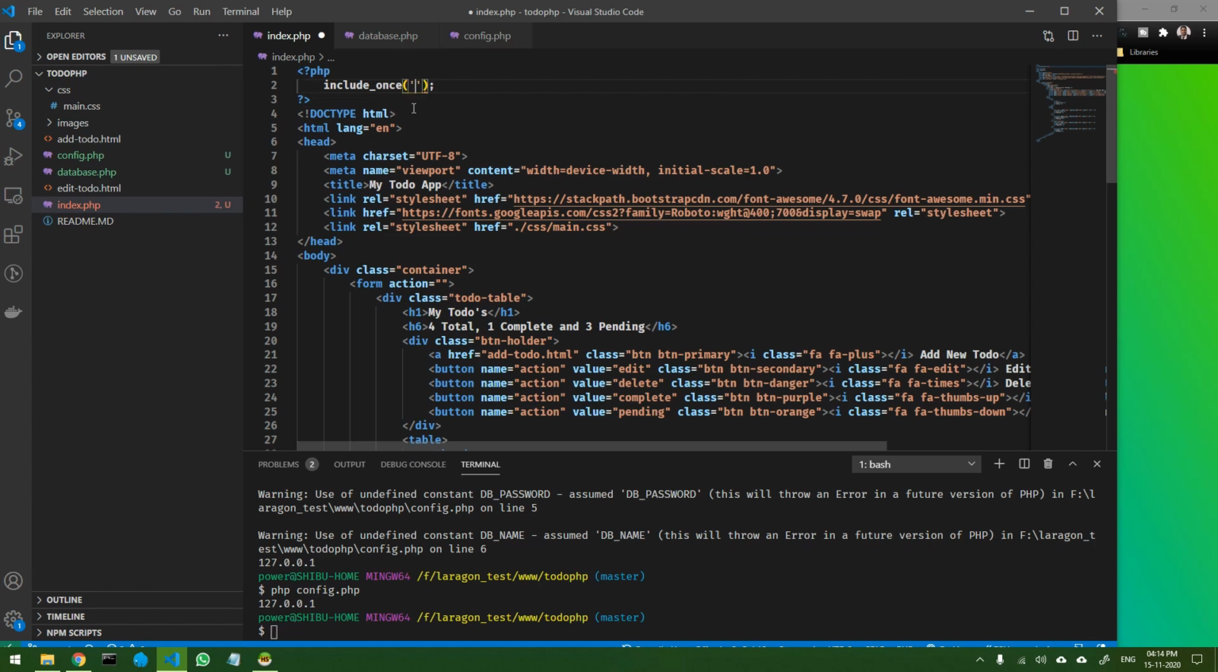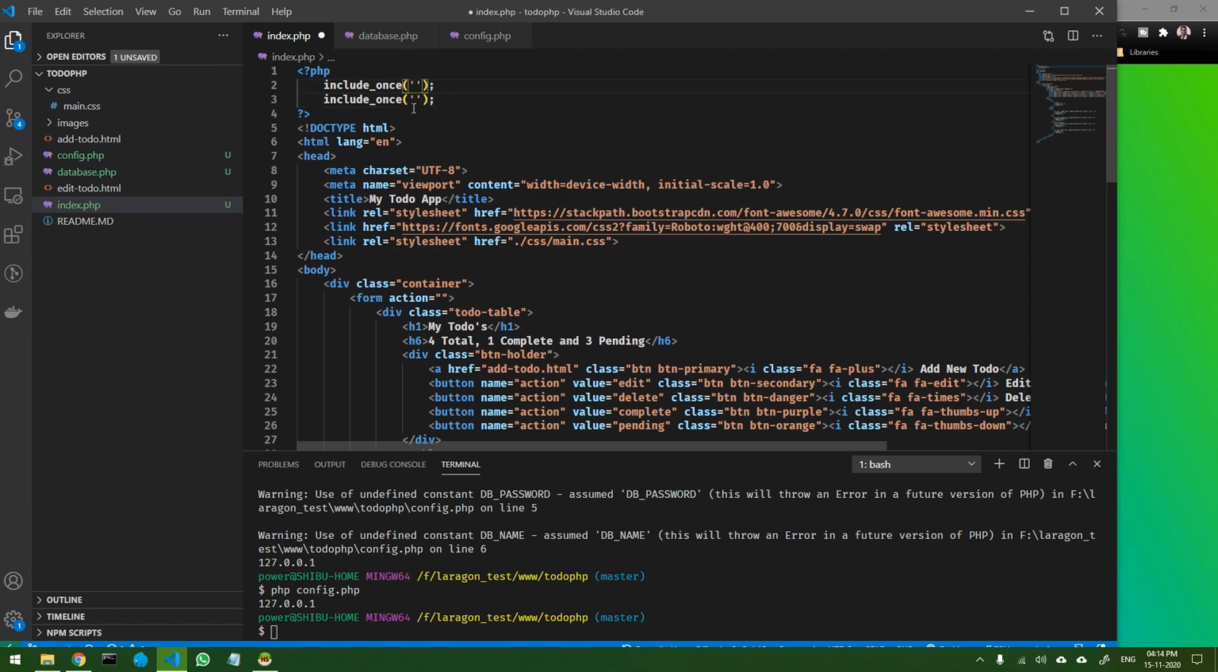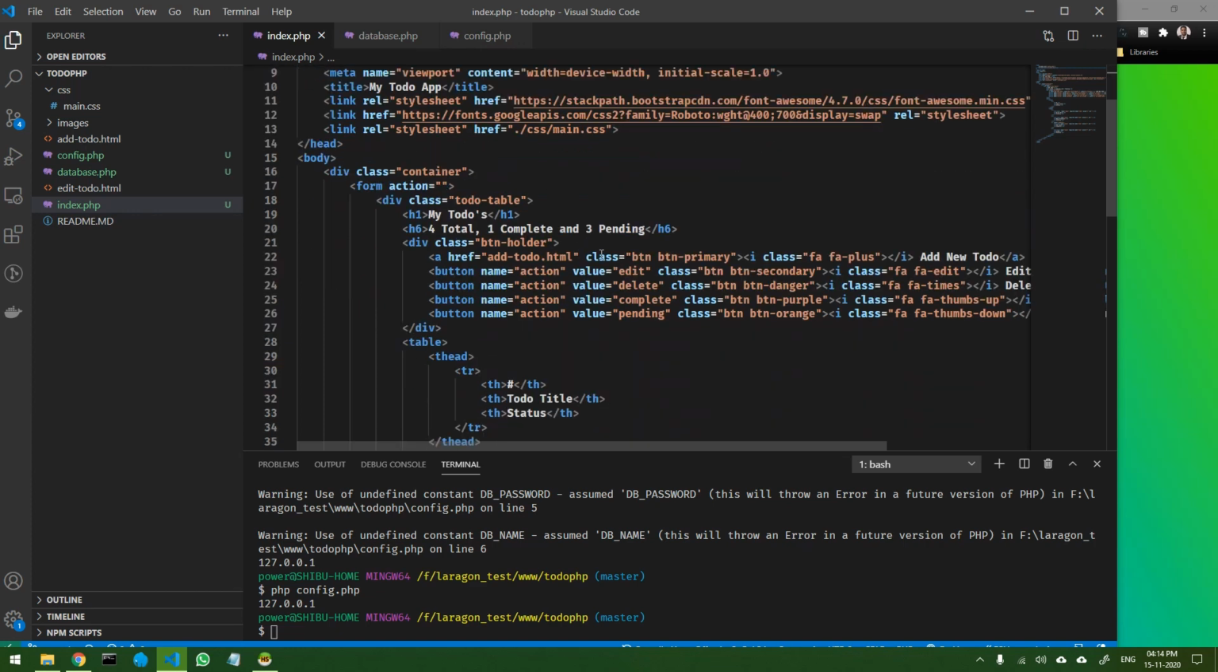So we are going to include 2 files. First is the config.php, and then we are going to include database.php, right? So these 2 files we are going to include, and once this is included, now the database connection is there with us, right? Now the first thing that we have to do is